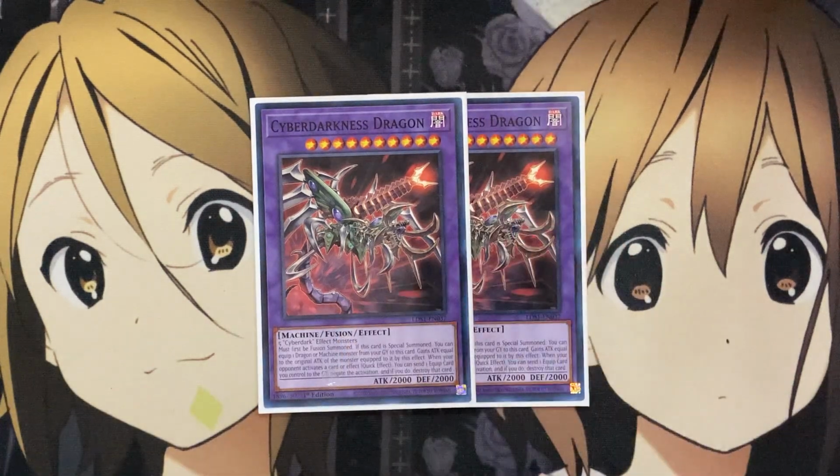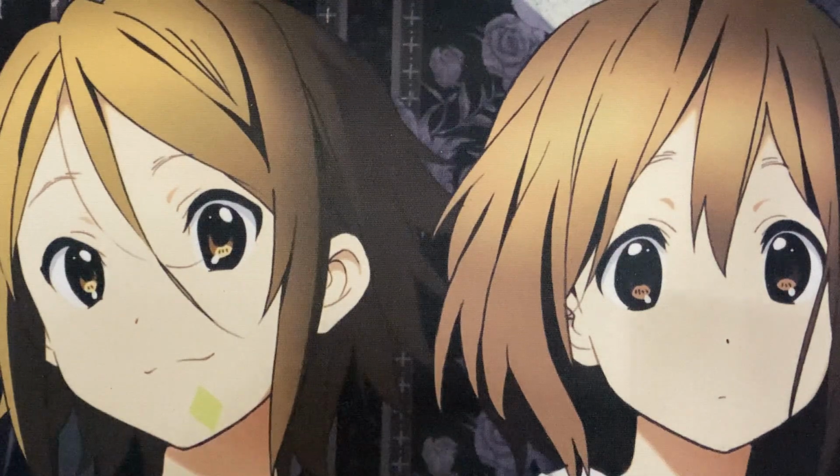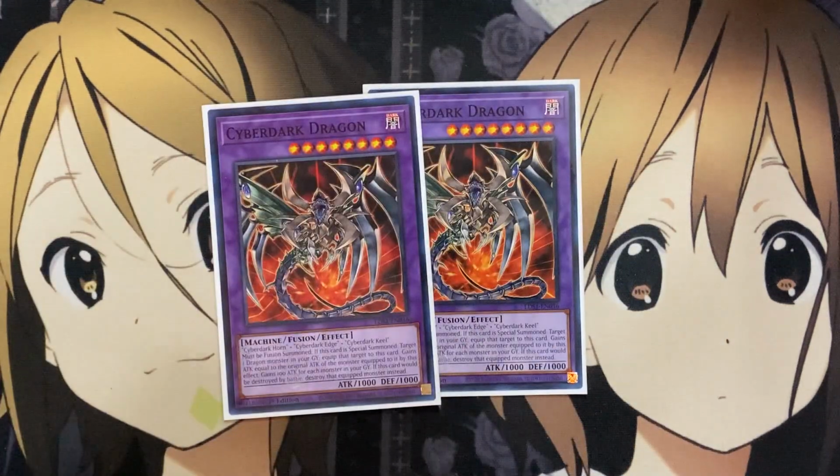This is definitely a powerhouse for the fact that you can equip one of the other fusion monsters we're running on it for benefiting for that play. The original one being a Cyber Dark Dragon, which you need not 5, but just 1 Horn, Edge, and Keel to summon out. If this card's special summoned, you can target 1 dragon monster in your graveyard, equip that target